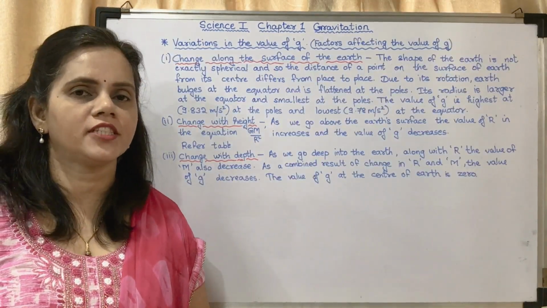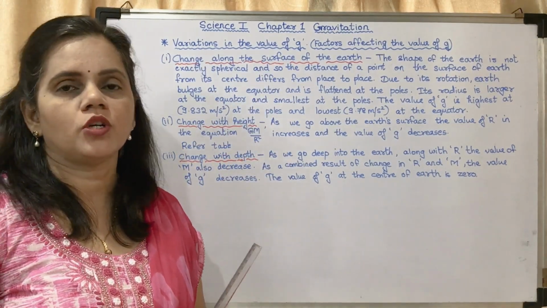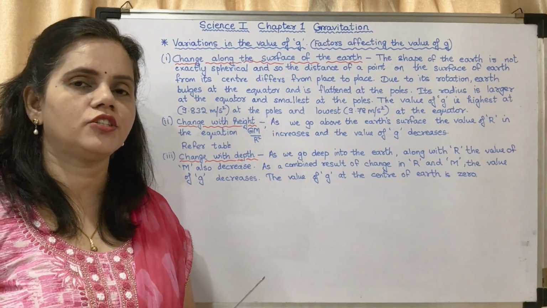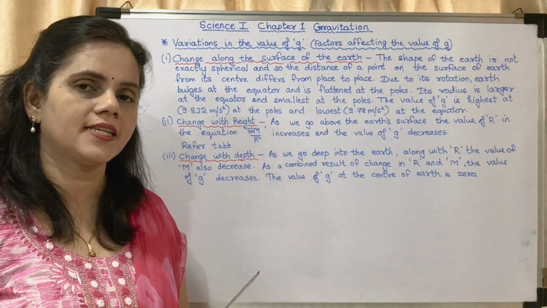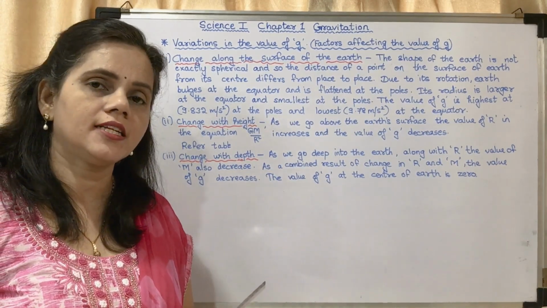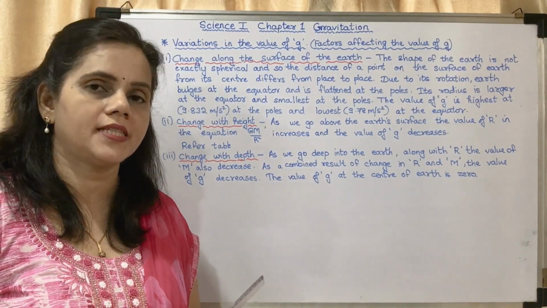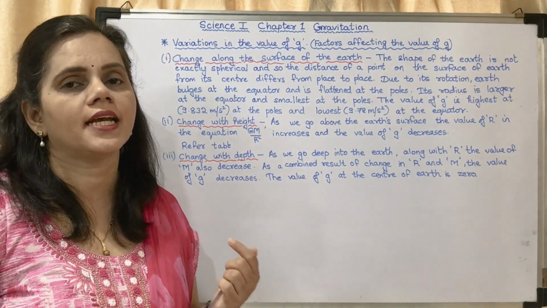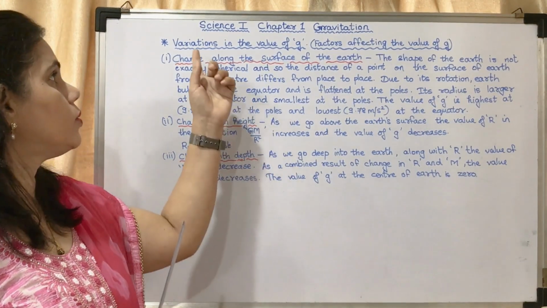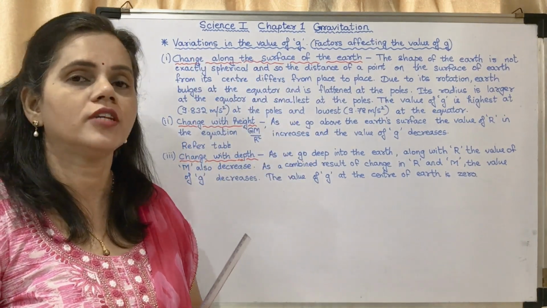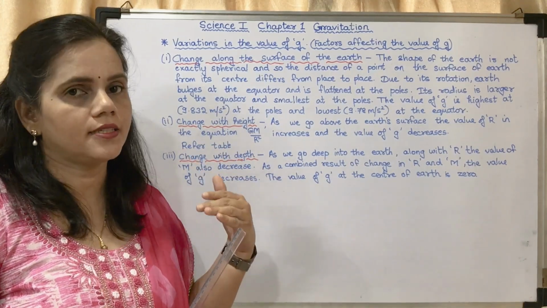Okay, we may move on to the next topic, that is variations in the value of g. So what is small g? Small g is acceleration due to gravity. We have finished the first part of the lecture, that is what is acceleration due to gravity and what is the acceleration due to gravity on the earth. It is 9.77 meter per second square, which is approximately taken as 9.8 meter per second square. Now we are going to study the variations in the value of g. There are some variations in the value of g on the earth itself.